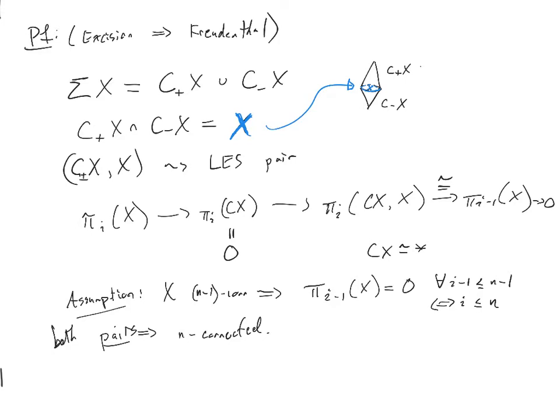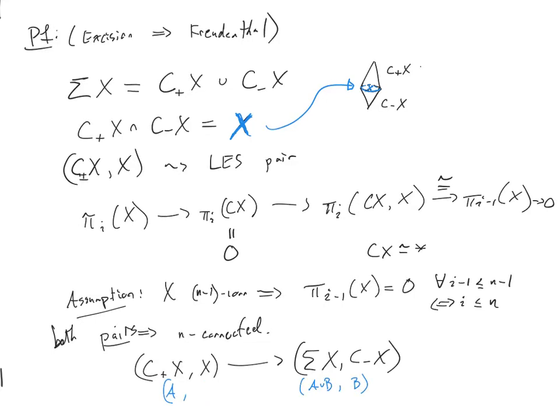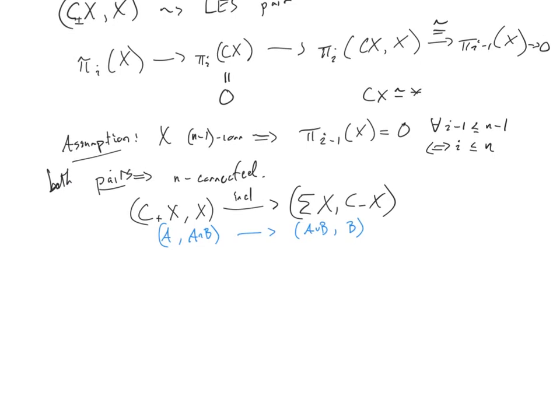This now means that the suspension map, which is induced by the inclusion of C plus X relative X, let's include this way. So I'm taking one of these into the whole space, so that's the whole suspension of X relative C minus X. Just to be clear, here's my A relative C group, and here's my total space A union B relative B. Maybe I should write C as A intersect B. And so this is my inclusion map. And by excision,